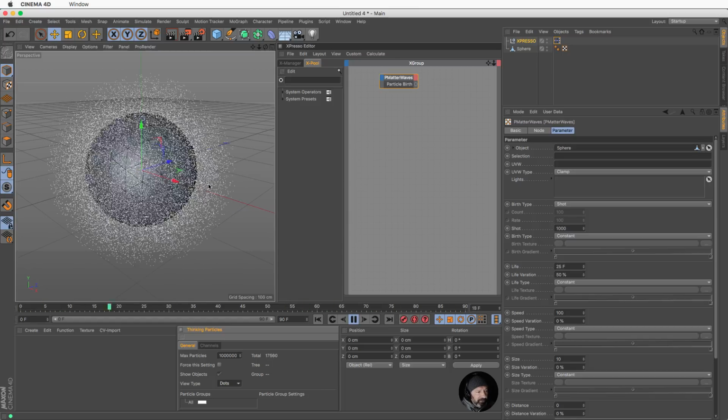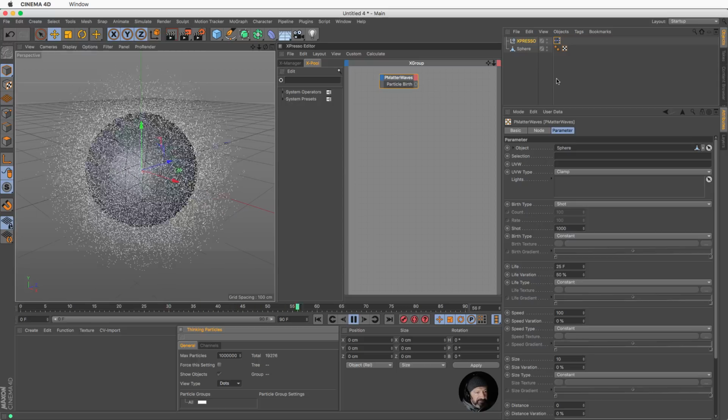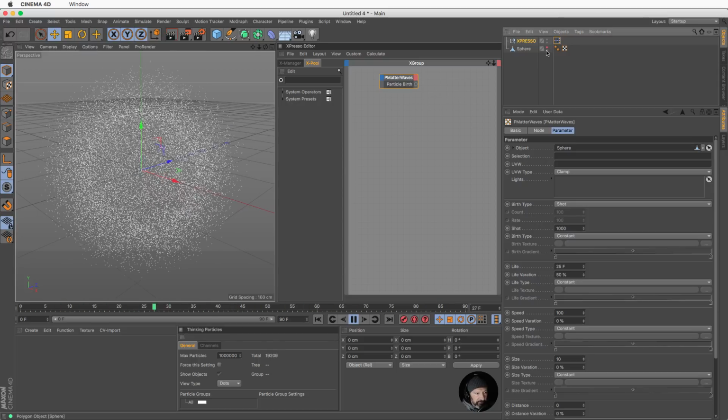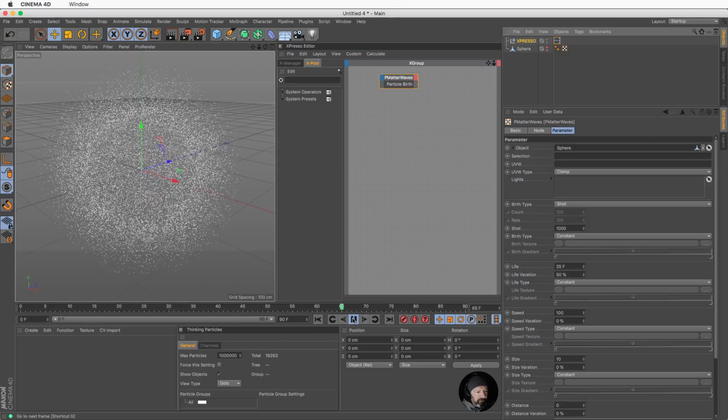So now we have a stream of particles which is generated from the surface of our sphere. I'm going to turn off my sphere because I don't want to see it anymore. I just want to see the particles. So generation of particles